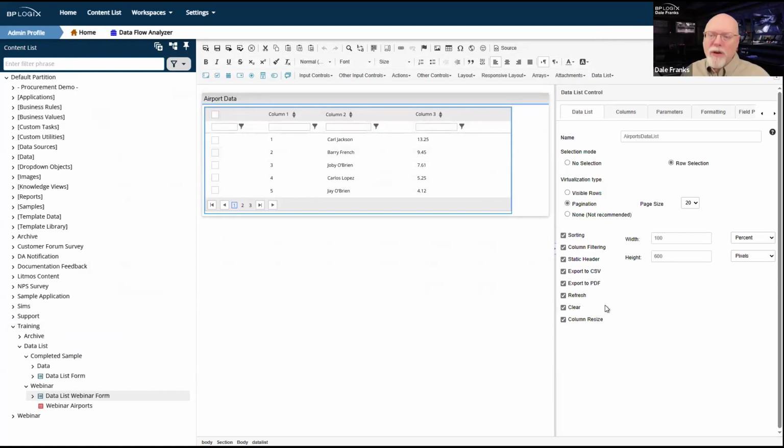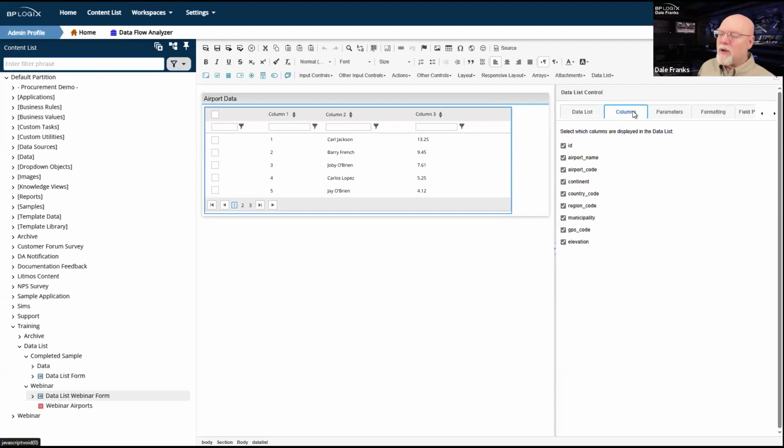Okay, right now we're seeing everything in our data source. We're seeing all of the properties. All of the properties are bound to a column. And as you may have noticed, we're scrolling off to the right-hand side of the page. Thus, we get to our columns property. There are some things that I just don't want to show. It's not important that I show them in most cases. I don't need to see the ID. I do need to see the airport name, the code. I don't think the region code matters much. I don't think the continent code matters much.